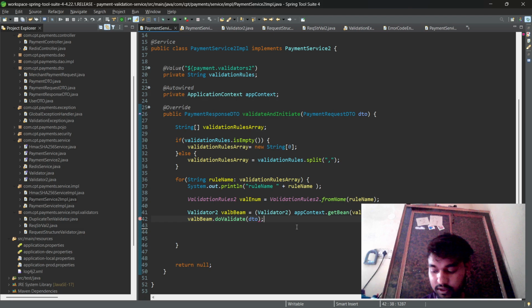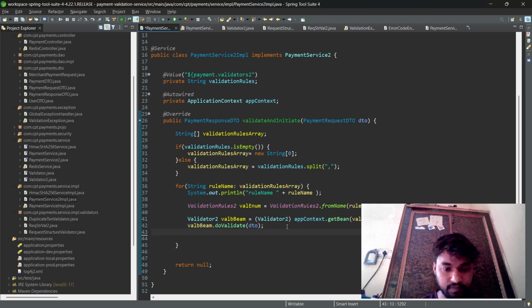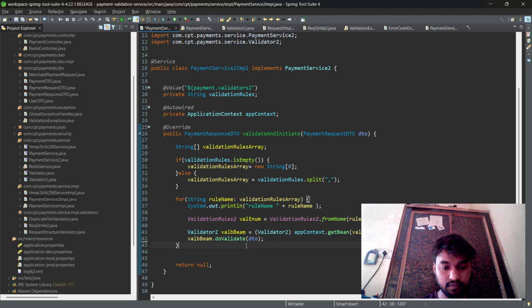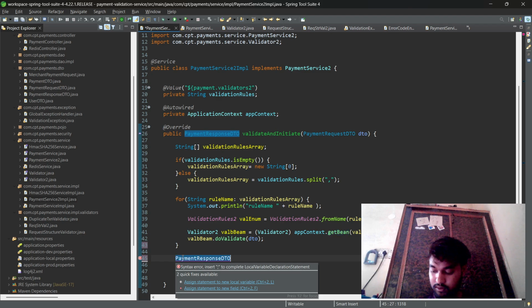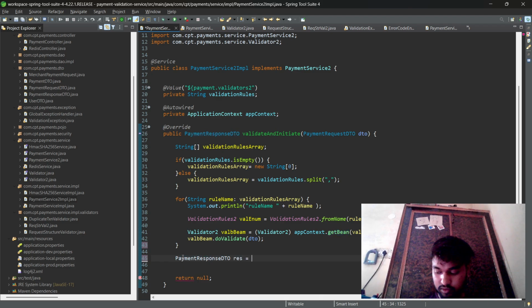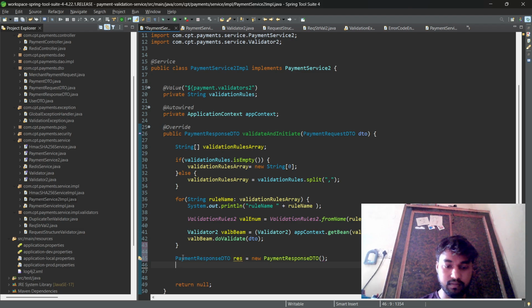Okay, let me explain what I was doing. I will explain later. For now, we have this code, and then we will be using payment response DTO. We will be using this, and then we will be using this. It's equal to new payment response DTO, and